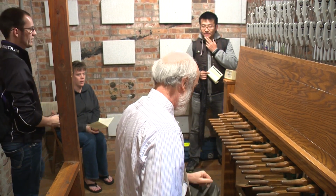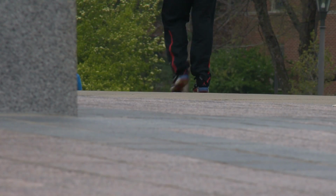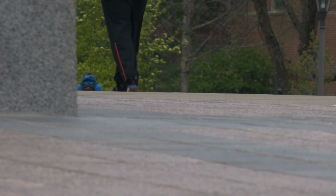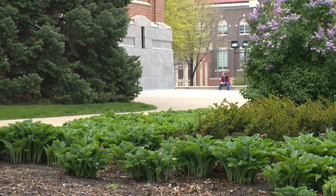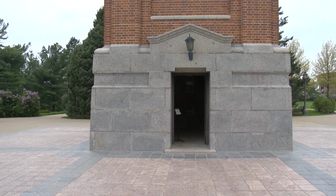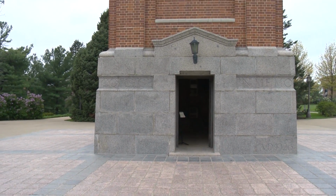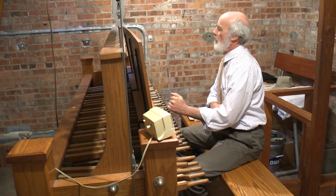late 60s, graduated, went away for a year and came back and became the carillonneur. So Bob Burns was playing the Carillon, came to Springfield in the late 70s for a playing competition and came in second. Since that time we were friends until he passed away from a stroke in 2004. But it's really just since Bob has passed away that I've kind of become the, I guess you would say,